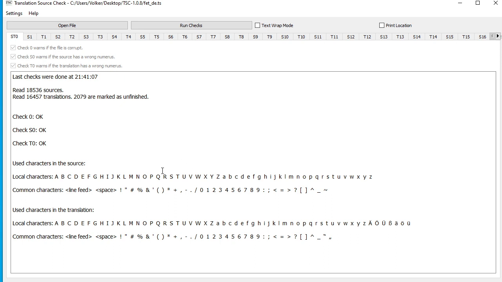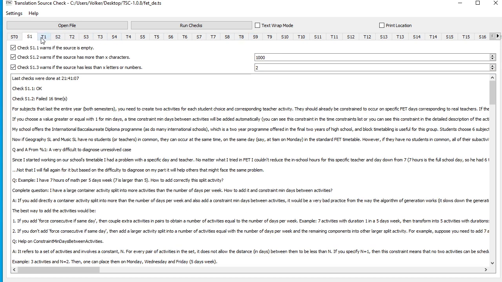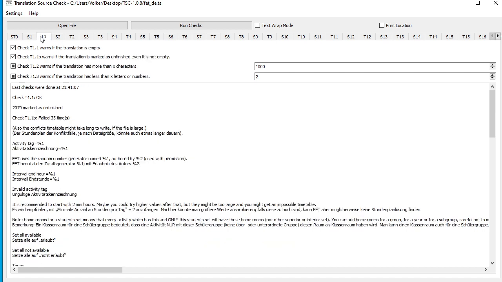First of all, we can see the used characters in the source and in the translation, and the characters are fine. They are used in the German language. Here are a lot of checks. As you can see, the checks are available two times, once for the source and once for the translation. The first check, 1.1, is fine. The next check,